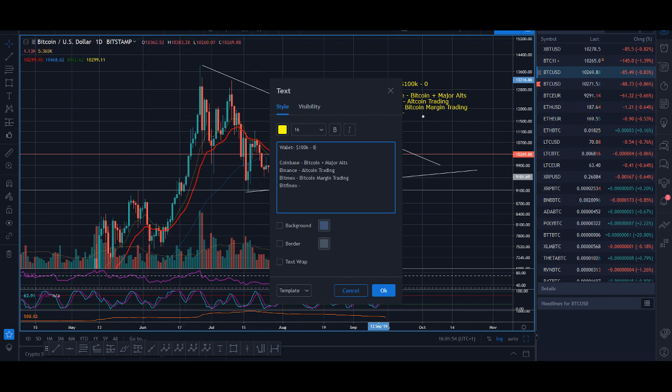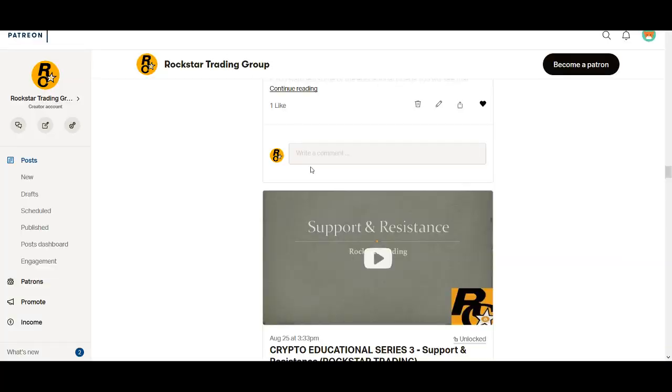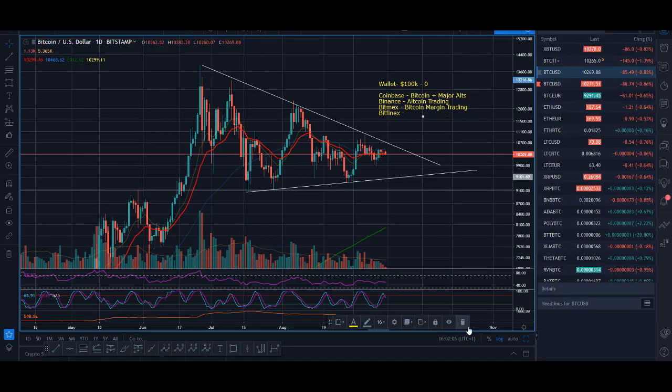I've got a lot of money in Coinbase as well, in dollar and Bitcoin terms, so I can buy and sell. And Binance is altcoin trading, so for the signals that I provide in the educational group or the free Facebook group that I've got, you can see I'm usually charting the coins on Binance, and when there's a really high probability trade on Bitcoin, I trade it on BitMEX, on leverage trading. Please do not just open a leverage account and start trading if you haven't demo traded and profitably made money first.